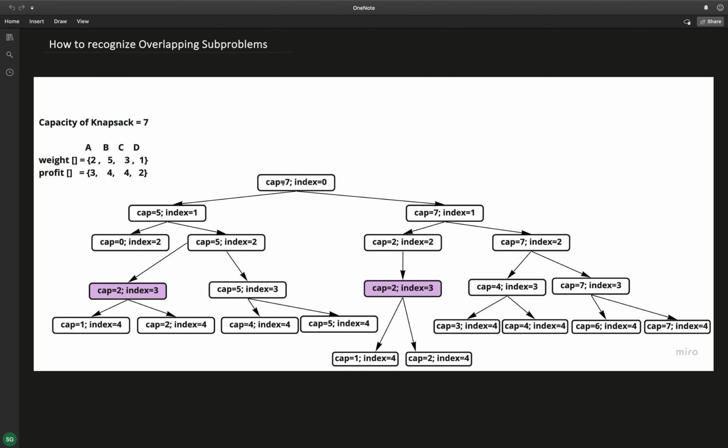As you can see, I have drawn the diagram of how the recursion flows, as I showed you earlier as well. Here I have taken the same variables that are used in the code itself. There is one variable called capacity, which in the starting is 7, and a variable called index.